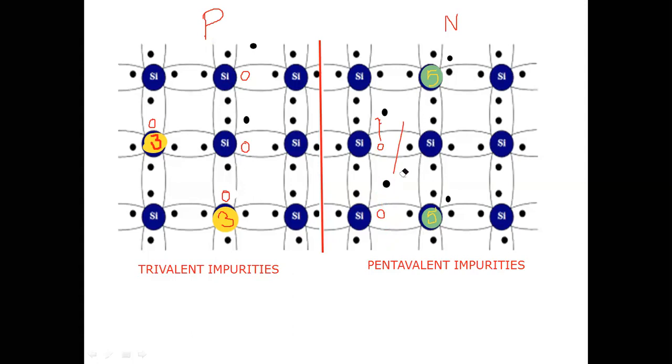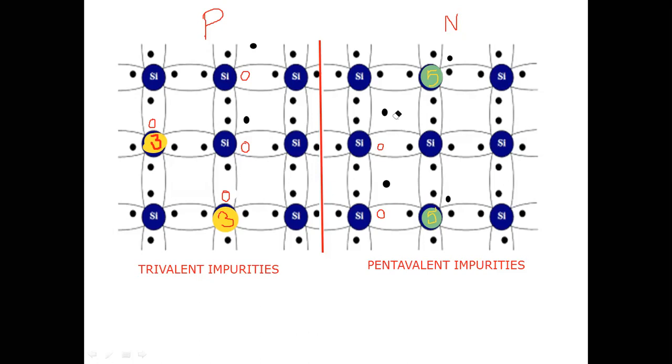The bond is breaking, and the electron is coming outside. Till now the electron was in the bond, meaning it was in the valence band. So after taking some thermal energy, the bonds are broken and the electrons in the valence band will come to the conduction band. Okay, the bond breakage means electrons are going into the conduction band.